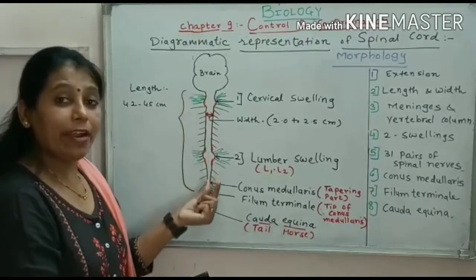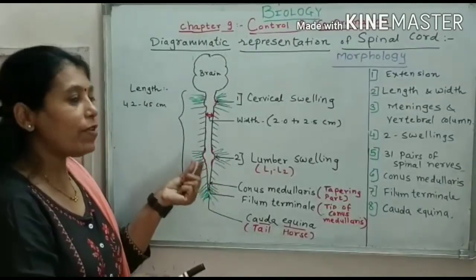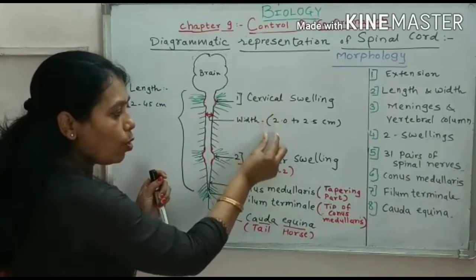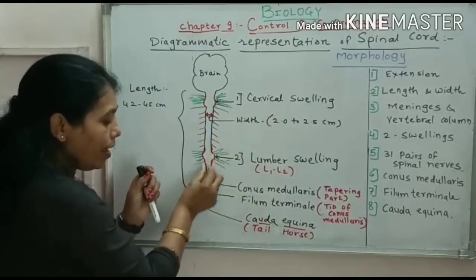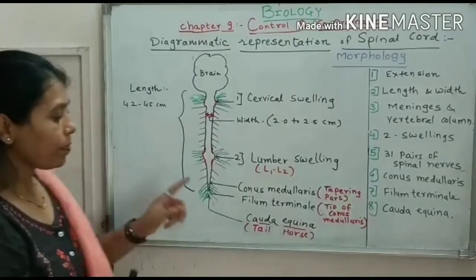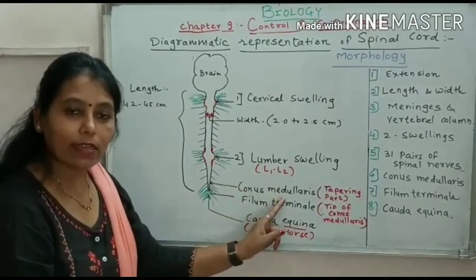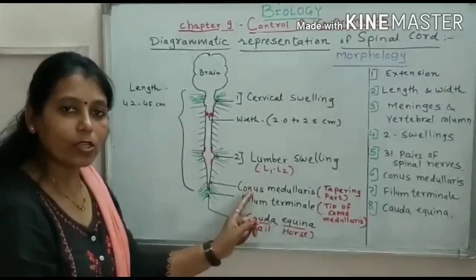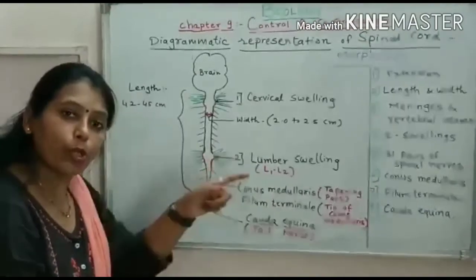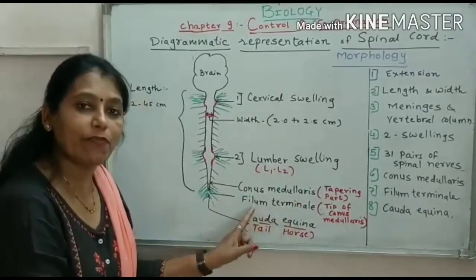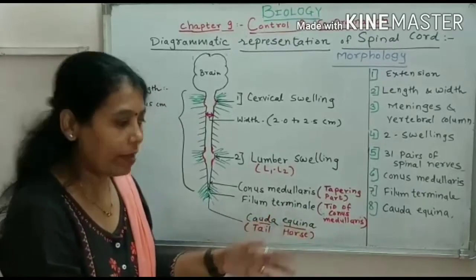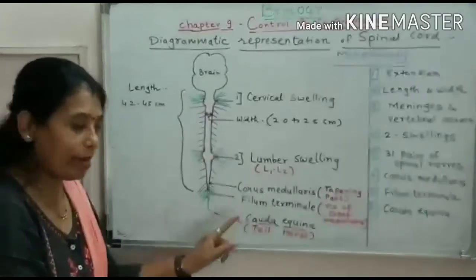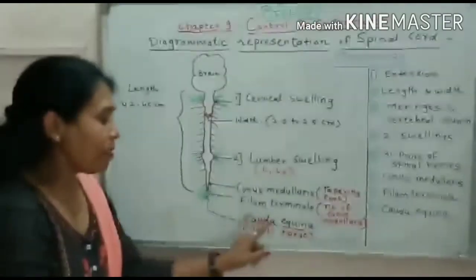Now just come to the end part of the spinal cord. As we know, when it starts, the portion of the spinal cord is broad, but as you go down and down, you can see it becomes tapering and tapering. So conus medullaris is the conical structure of the spinal cord, cone like, so it is called conus medullaris. The tip portion of the conus medullaris is called filum terminale. Terminal means end. And the tail-like structure which arises from this filum terminale is called cauda equina.